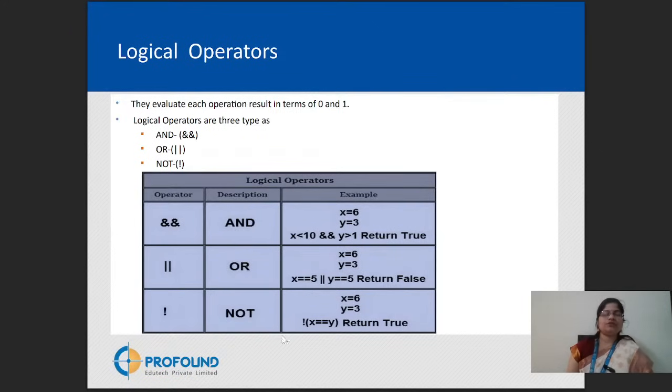And NOT checks and gives you a value as per that not operator.